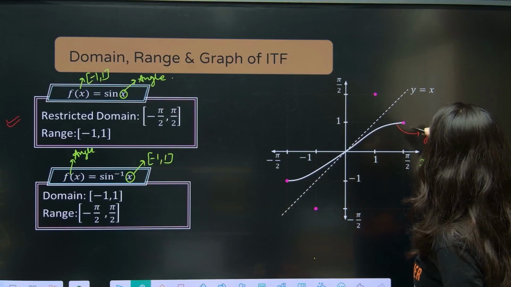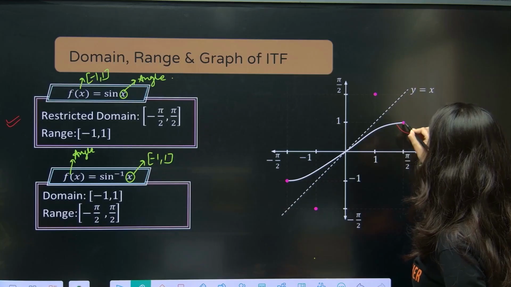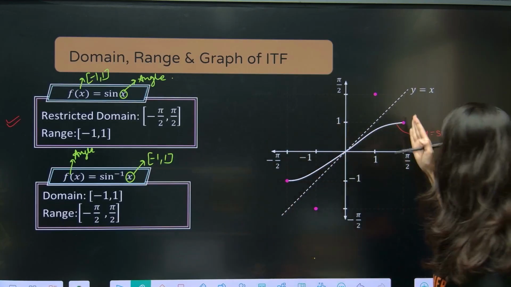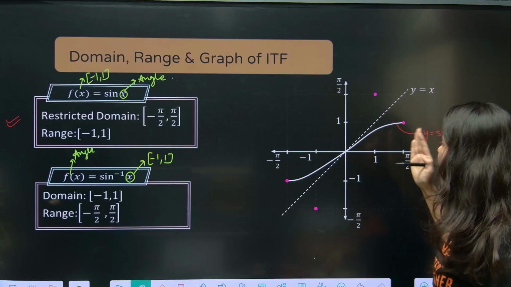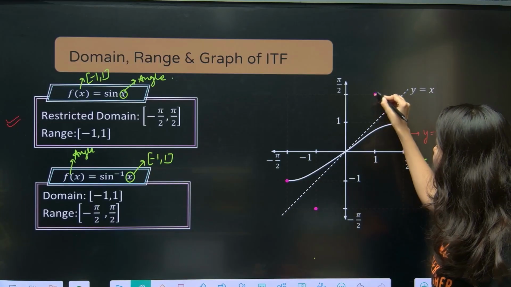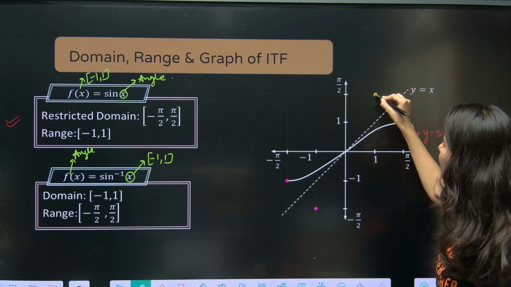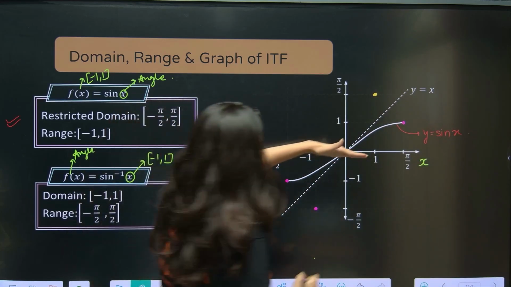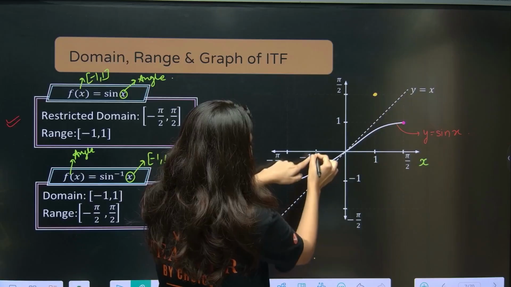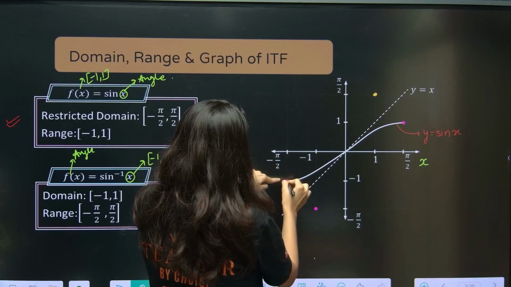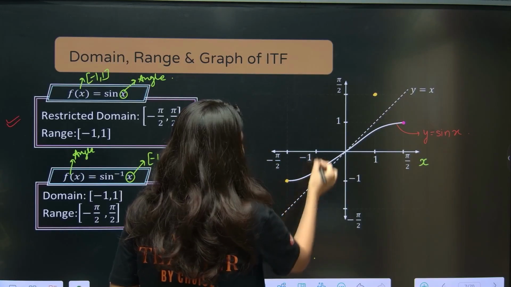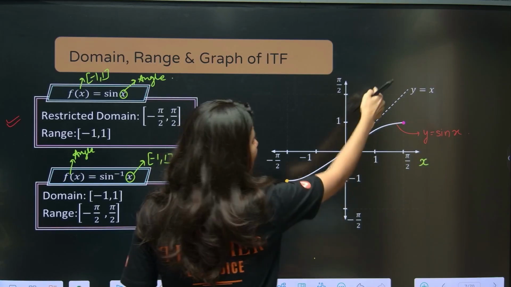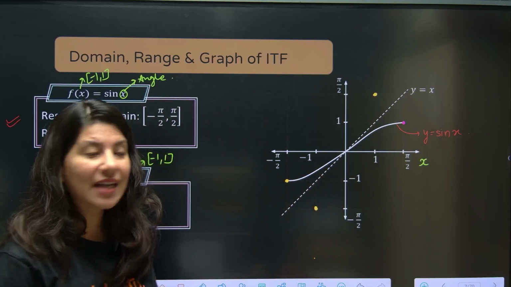See, understand. First of all, pi by 2 you are getting 1. So now this will be a reverse thing. x is equal to pi by 2, y is equal to 1. So here x is equal to 1 and y will be equal to pi by 2 for my inverse function. Then same thing. On sin x, you can see when x is minus pi by 2, y is minus 1. But here x will be minus 1 and y will be minus pi by 2. Correct? So these are the 2 points which will lie on my sin inverse x graph.